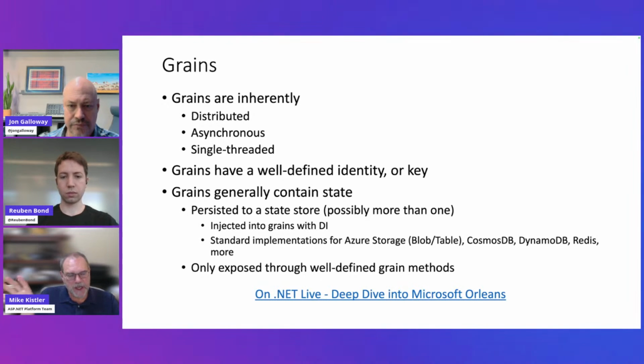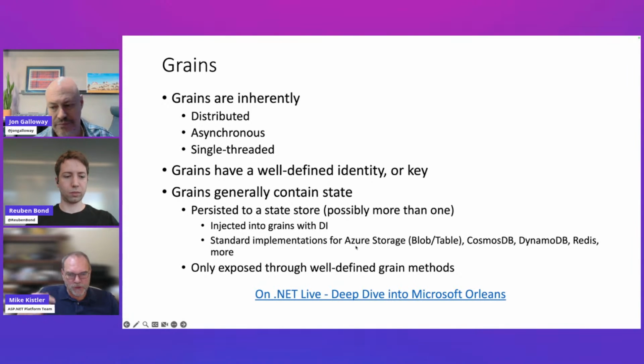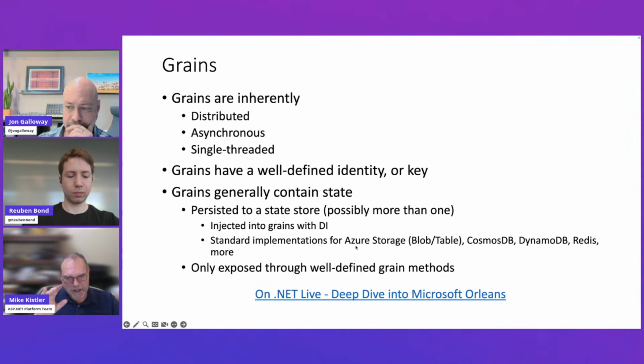That persistence capability is injected into grains with dependency injection. And there are standard implementations for this for a lot of the common storage providers, things like Azure Storage, Cosmos DB, DynamoDB, etc. And this state is only exposed through well-defined grain methods. So it's, as I said before, shared nothing. Users can access it only as the grain will give it out,